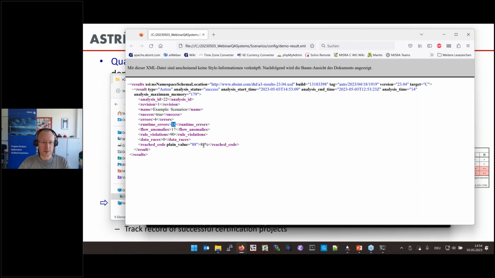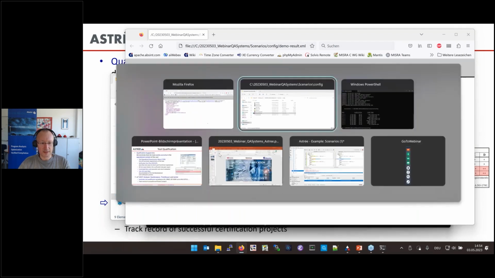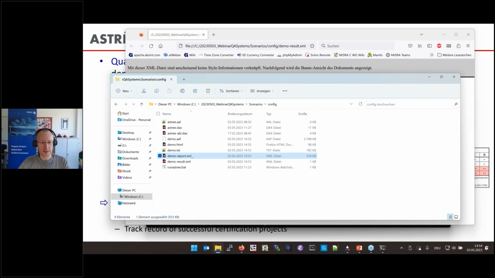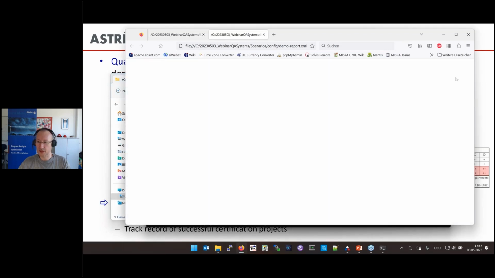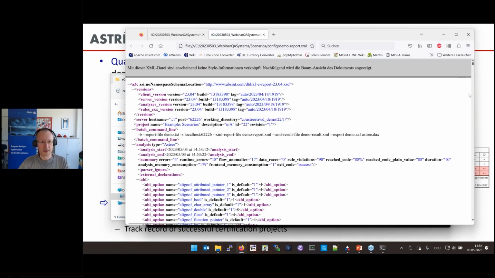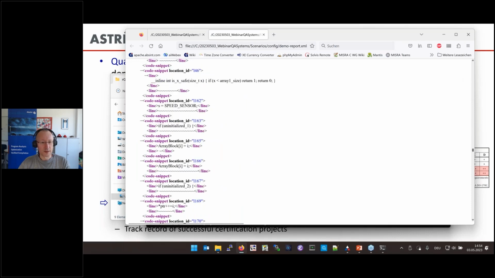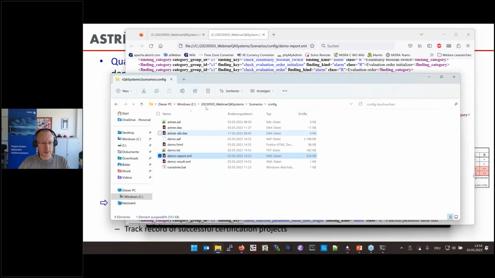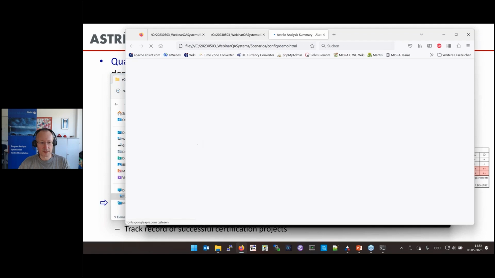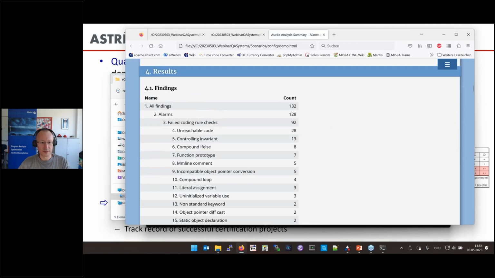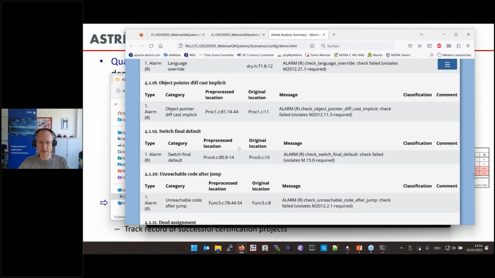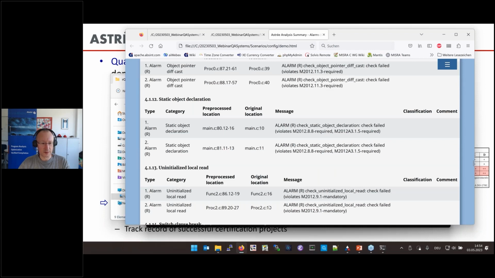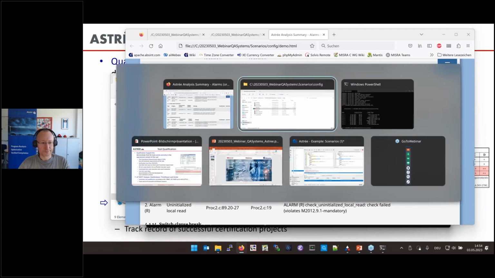I have 88% reached code and so on. So that's the high level information. Then there is the XML report file, which contains all the details about the results, all aspects. So you could post-process this and query whatever result you want to have. There is also an HTML report, which is generated, where you can also find all the findings, the analysis configuration, and so on. So all is there.